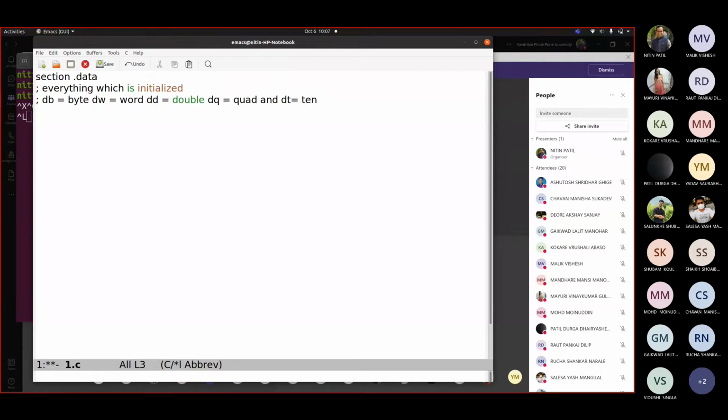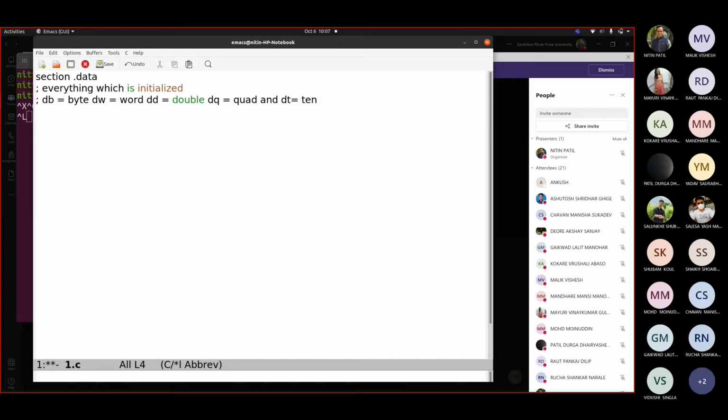This would be the kind of assembly directive that you would be using to create the variables, generally referred to as declaratives. You give a name, the way that you write an identifier.